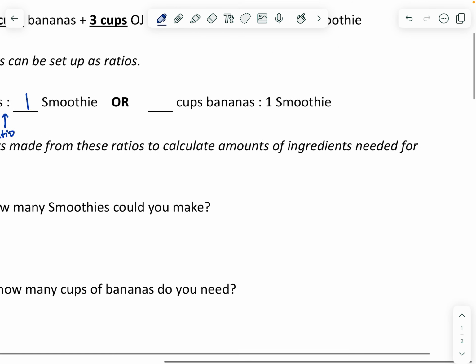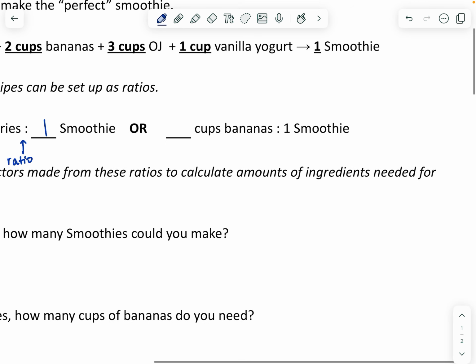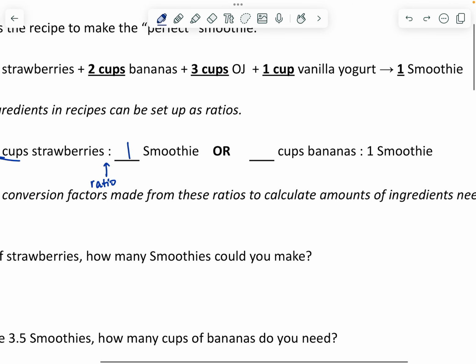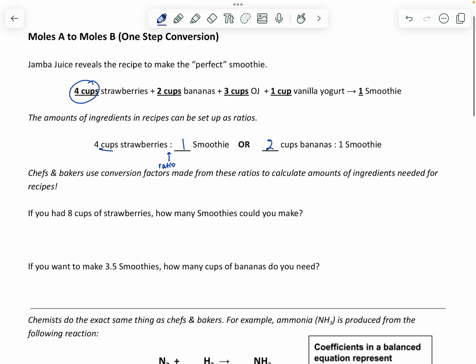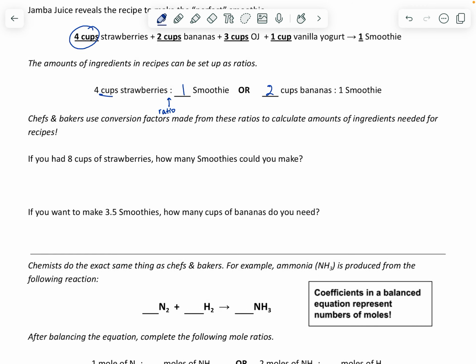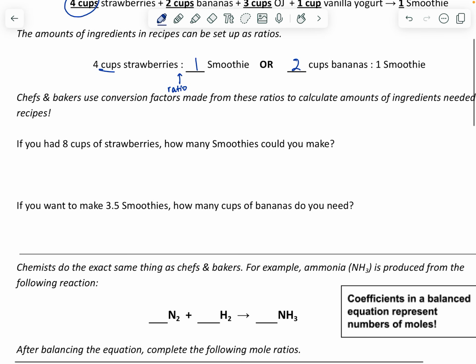We can go in any order, it doesn't matter, right? And we say, okay, well, for 1 smoothie, how many cups of bananas would we need? Again, we refer to the recipe as it was originally. We get 2 cups of bananas there. So again, chefs and bakers use this. Anybody with a recipe is doing these ratios